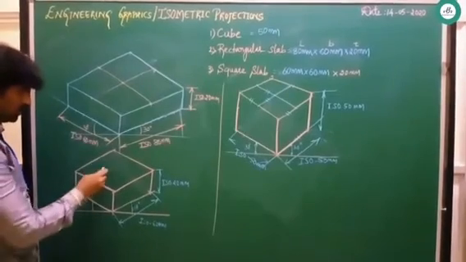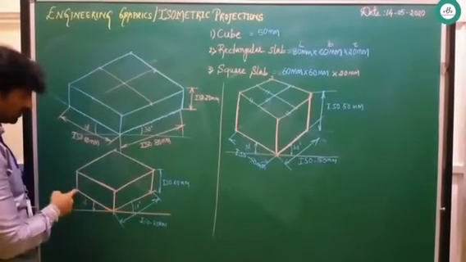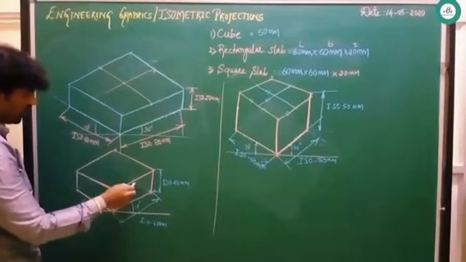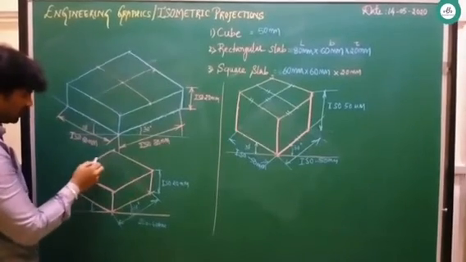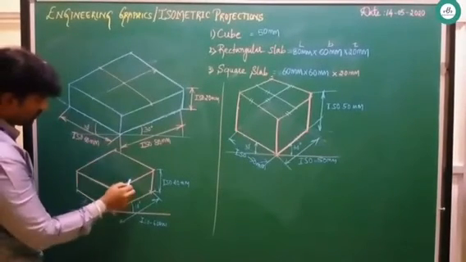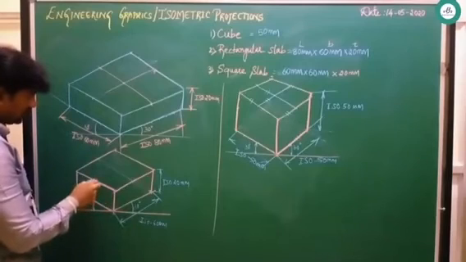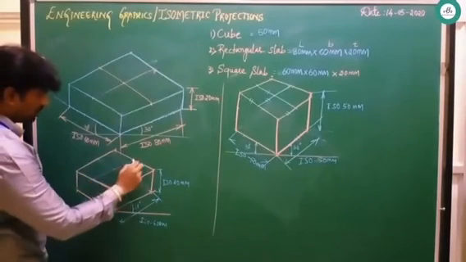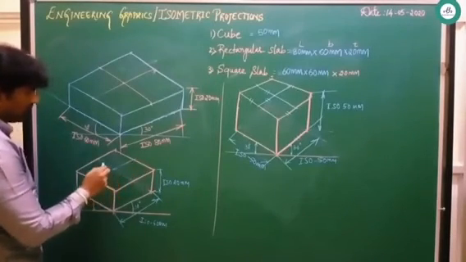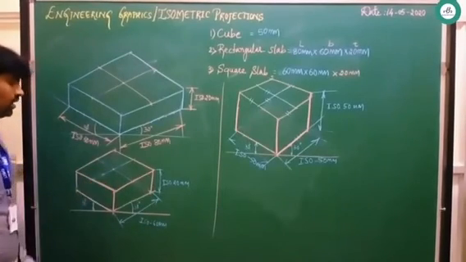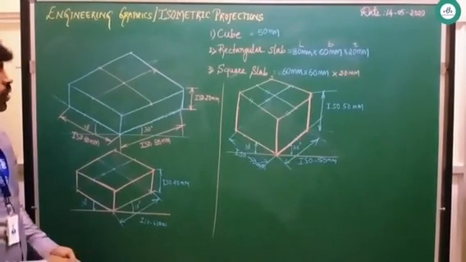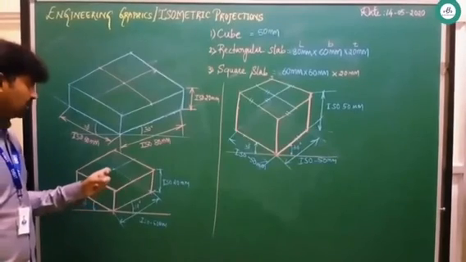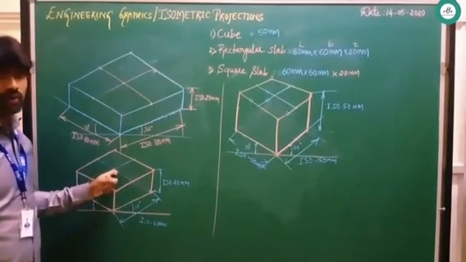Similarly, coming to this, it is ISO 60, ISO 60, measure this mark, ISO 30, ISO 30. Next, you join these two lines. Coming to this, again this is ISO 30 and ISO 30, join this. So, drawing this particular way helps in a future problem. You need to remember, this is the only method you need to follow to